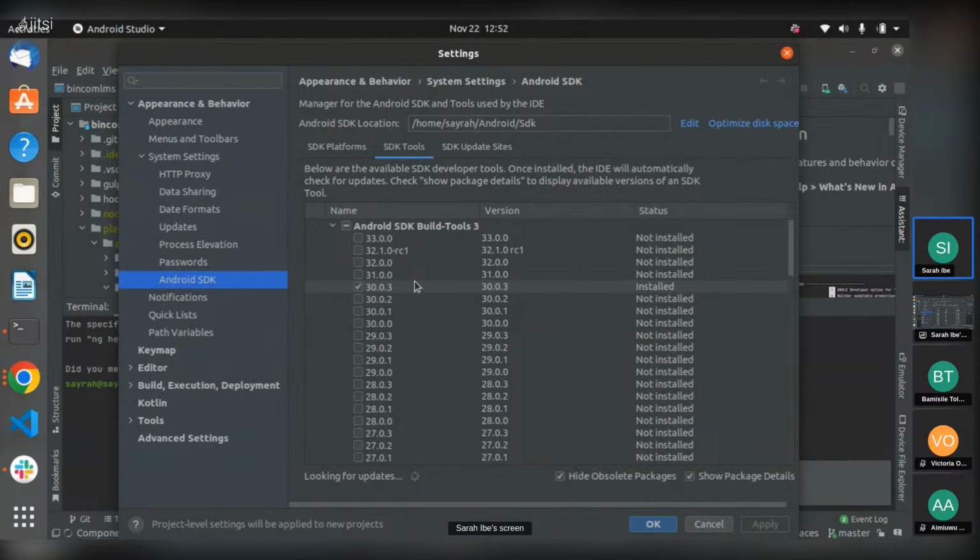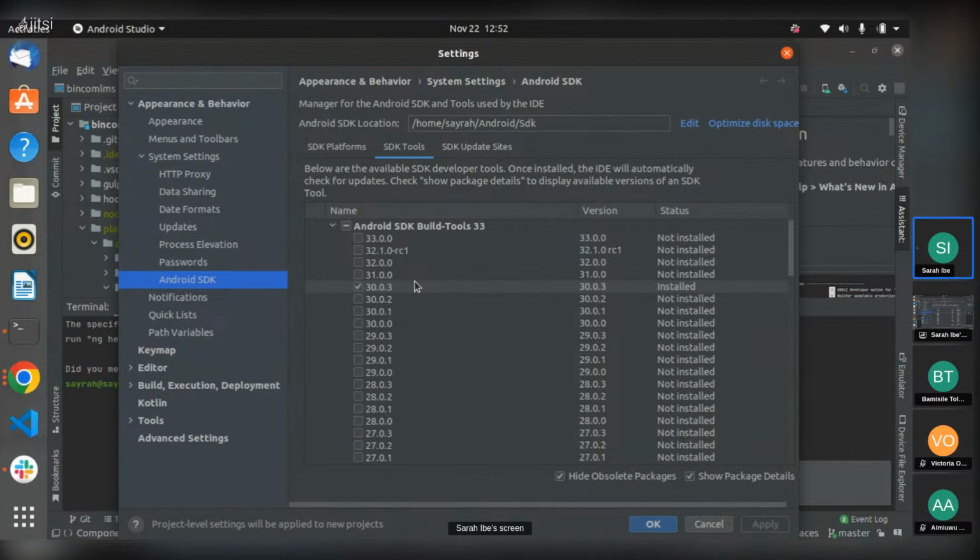We have different versions of Android. We have version 9, version 10, 11, and the rest of it. I think the highest so far is maybe 11 or 12, I really can't remember. But the build tools appropriate for it, the highest so far is version 30.0.3.